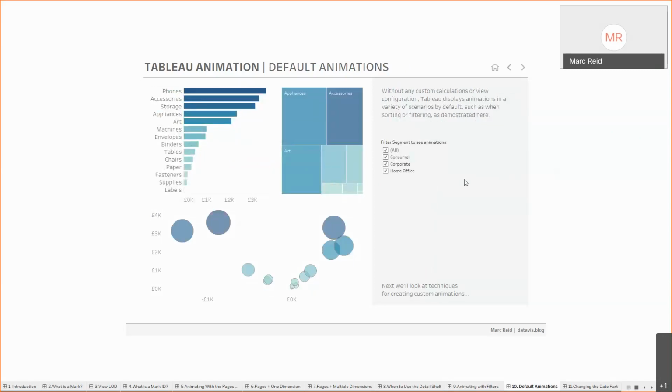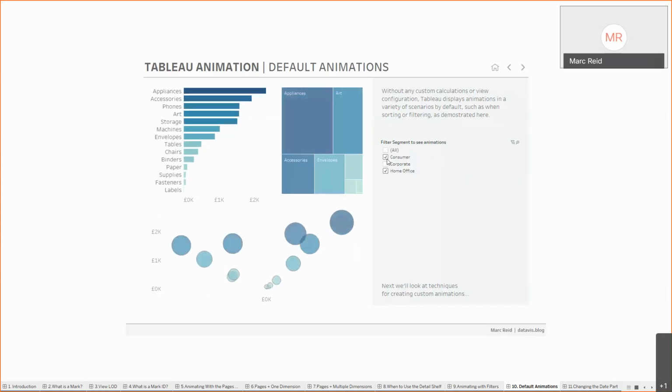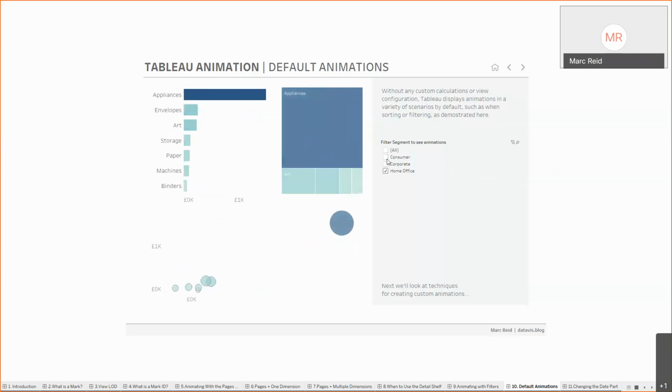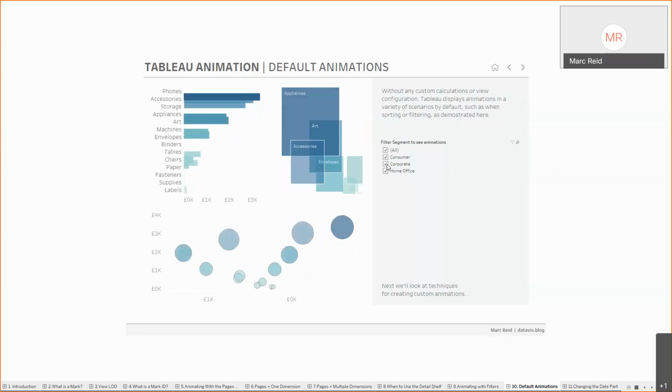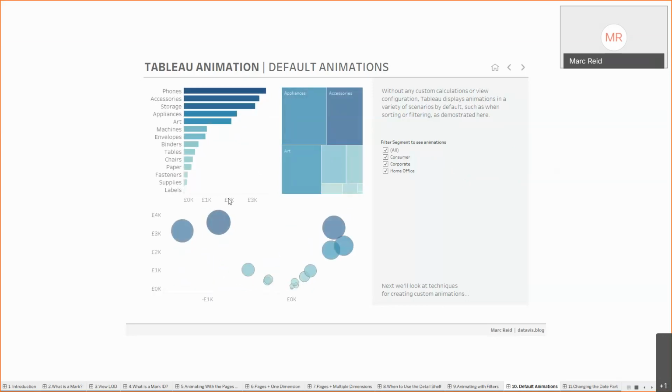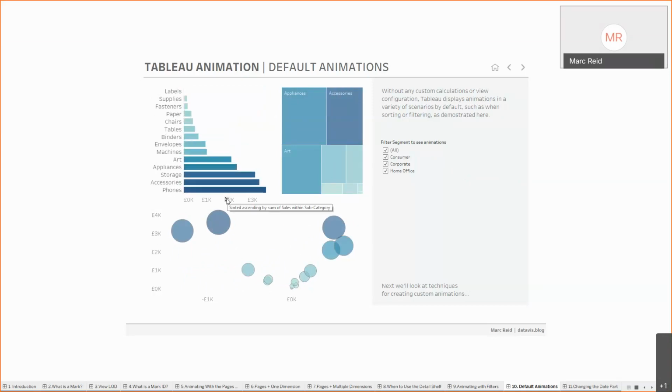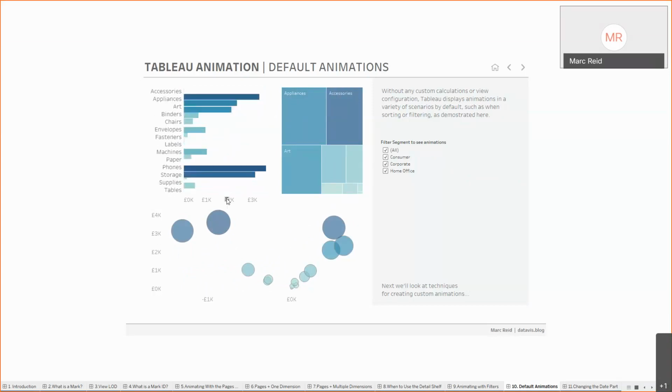So I want to just talk about default animation, how for the majority of animations that you create, particularly for business type dashboards and so on, there's really nothing extra that you need to do. You don't need to worry about creating any calculations or parameters. If you just build some standard charts and apply a filter to all of those charts, and then you change that filter, all of this animation will occur automatically. Tableau's really doing all the hard work there. Same for sorting as well. We sort this bar chart here, for example, so all the animation is happening automatically.